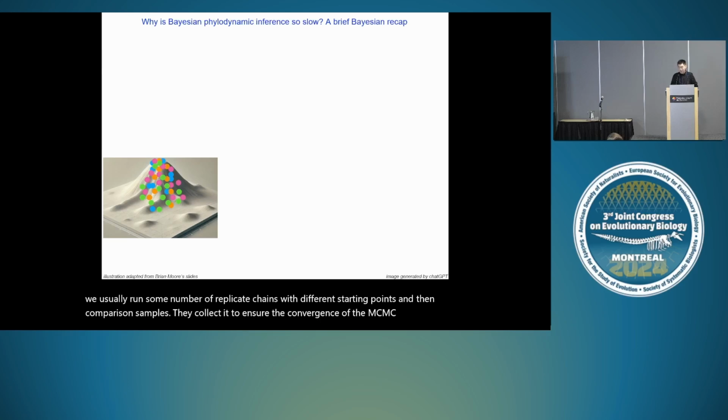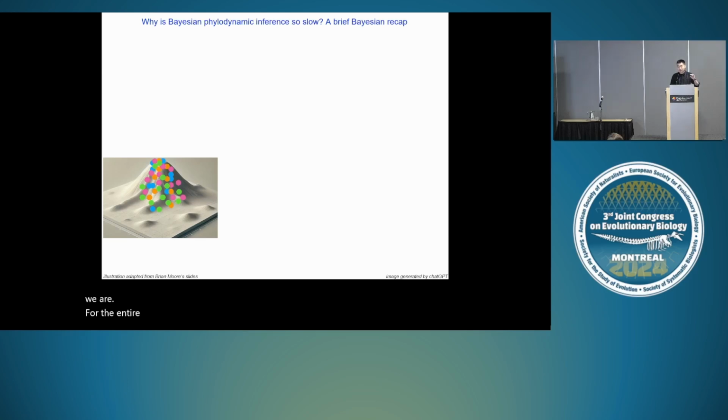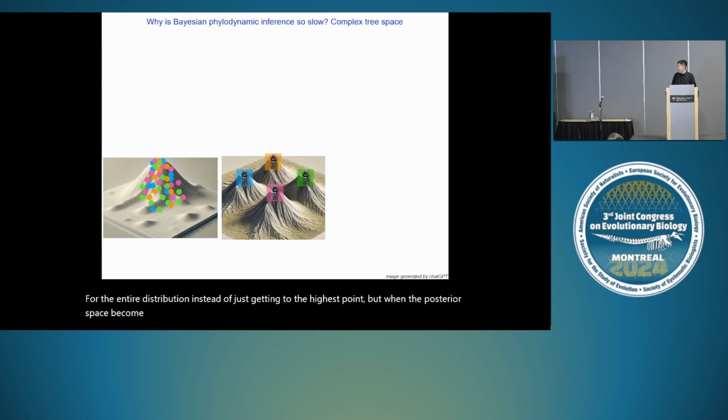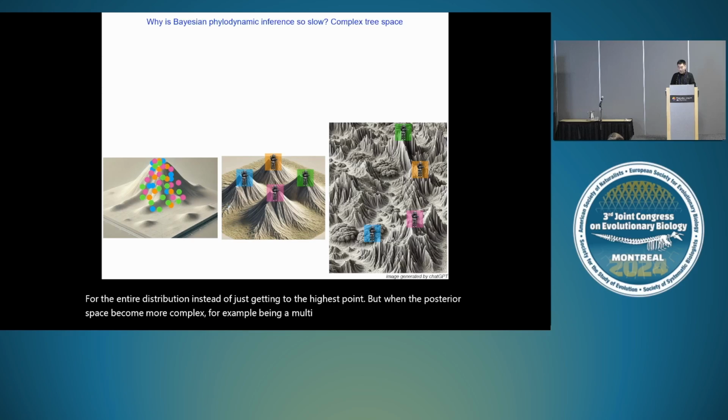Understandably, Bayesian inference should be slower than maximum likelihood, as we're trying to infer the entire distribution instead of just getting to the highest point. But when the posterior space becomes more complex, for example multimodal, or to an extreme, super rugged, where there could be multiple plateaus separated by valleys, terraces, and ridges, inferring the posterior distribution could be increasingly more difficult or become almost impossible. So in this study, we first want to ask,